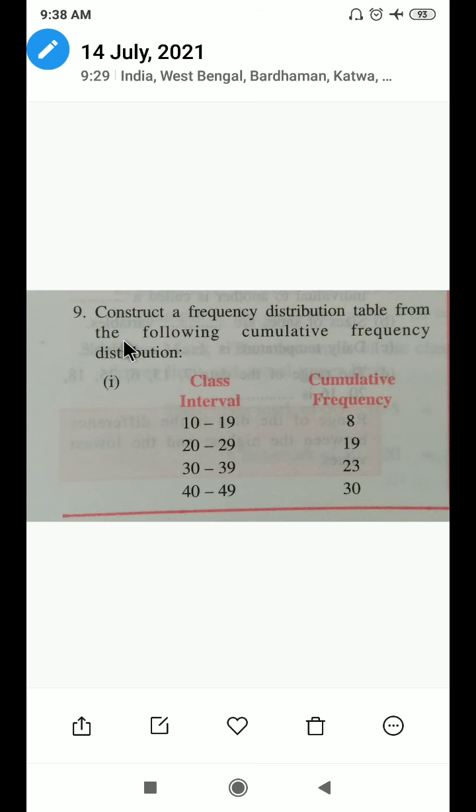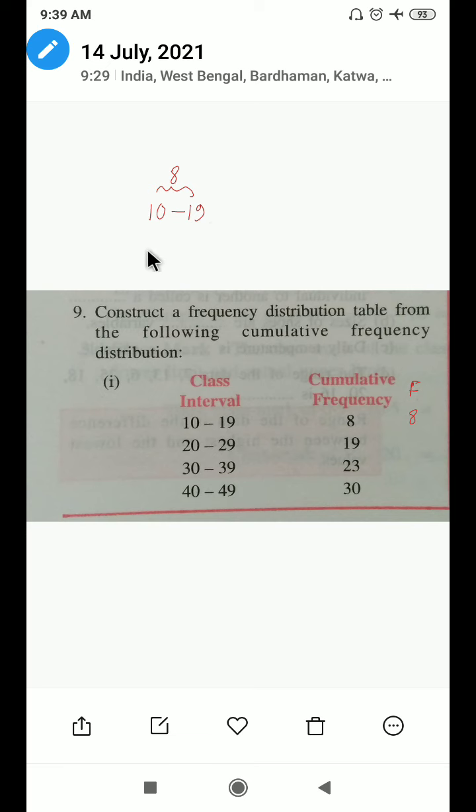Question number 9. Here the cumulative frequencies are given, you have to find out the frequency. So the cumulative frequency of 10 to 19 is given here as 8, so the frequency will be 8. The cumulative frequency of 20 to 29 is given here as 19. That means here we are adding the frequency of 10 to 19 and the frequency of 20 to 29. So for finding the frequency you have to subtract this 10 to 19 frequency. The 10 to 19 frequency is here 8